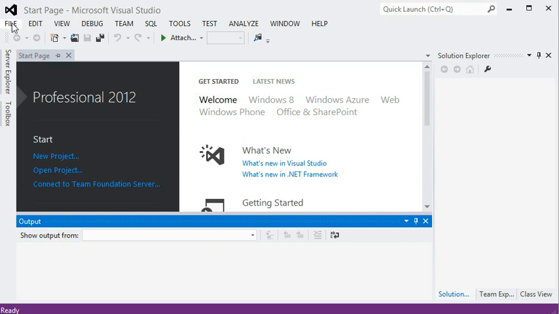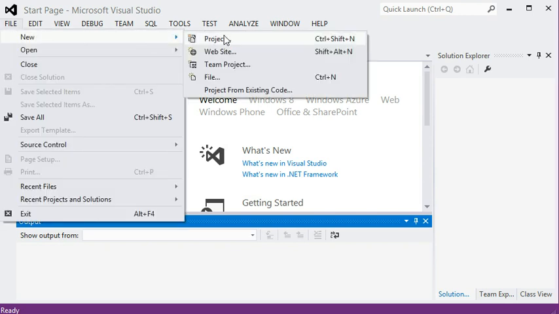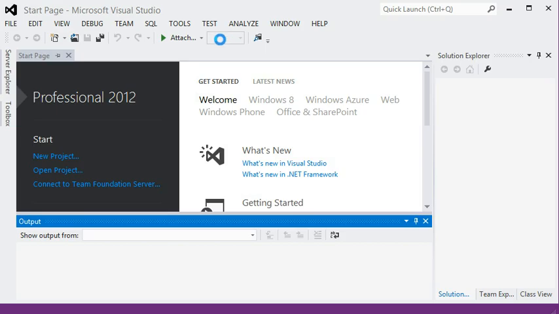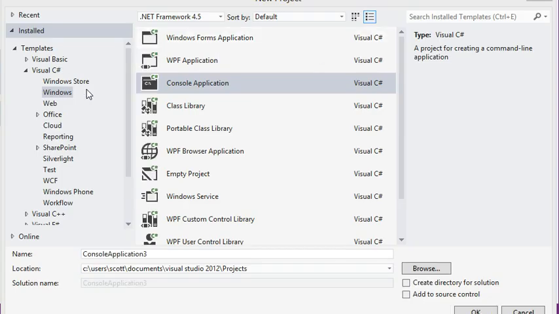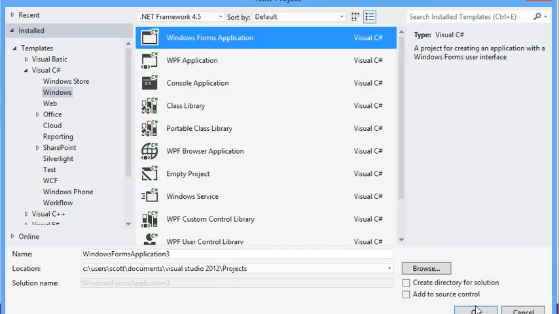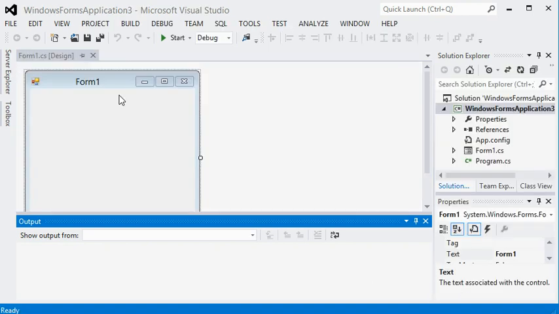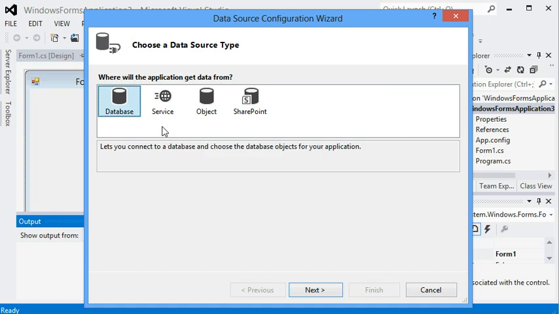This video will show you how to add a database to a Visual Studio project. I'm going to create a new C# Windows Forms application, but the same procedure could be followed for different application types. I'm going to go to Project, Add Data Source,